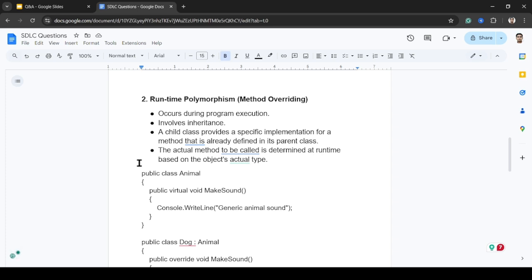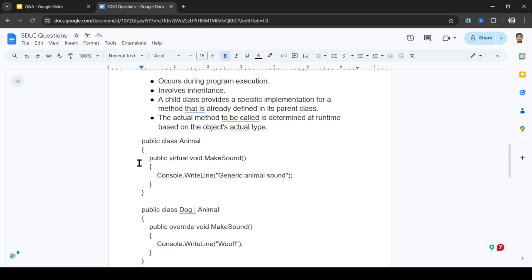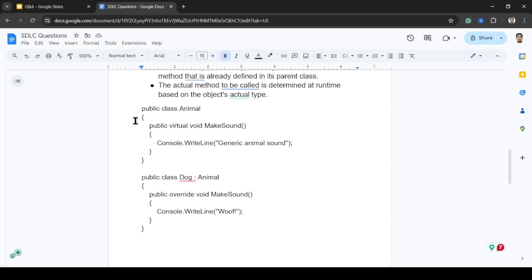This occurs during the program execution and it involves inheritance. A child class provides a specific implementation for a method that is already defined in its parent class. The actual method to be called is determined at runtime based on the object's actual type. As we see, the animal class is the base class for the dog, and the animal class has a function make sound.